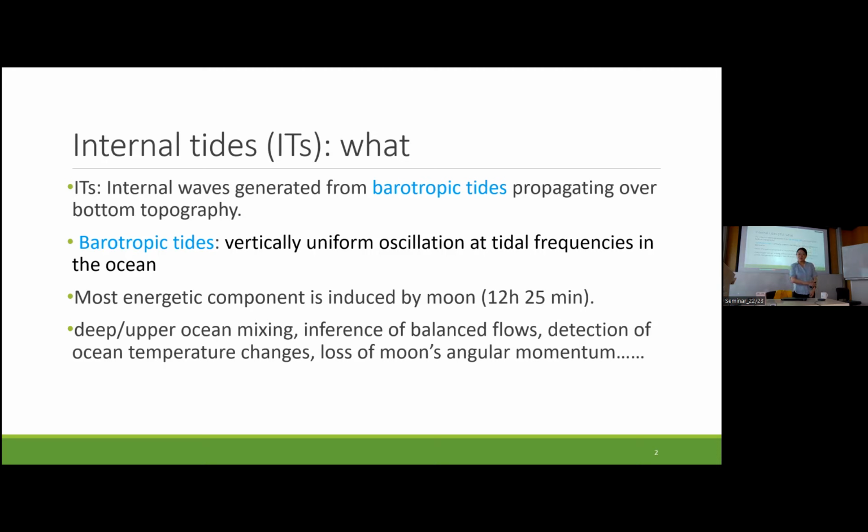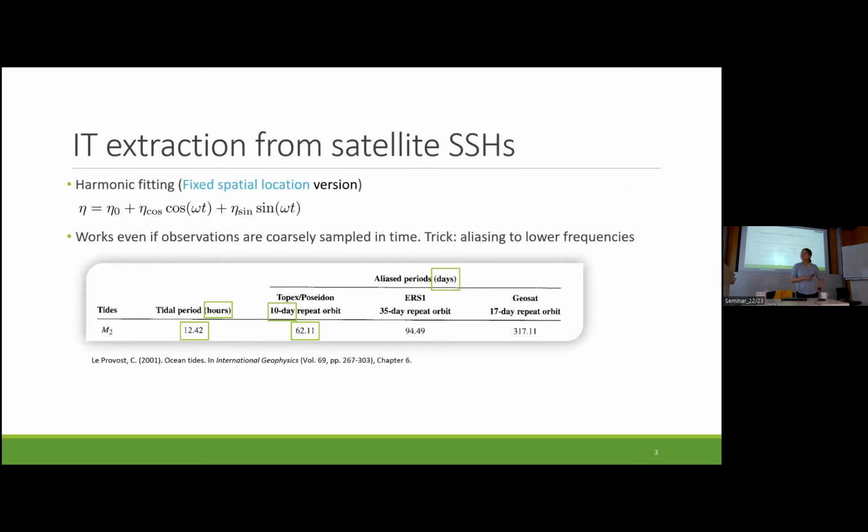And a more classical result, which is not at the frontier of the research anymore, is that a few decades ago, people were able to infer the loss of the moon's angular momentum from tidal dissipation, and from that you can infer how much the distance between the moon and the Earth is changing, and it seems to agree very well with theoretical predictions. And so this is a very important source of signal, and the most popular way